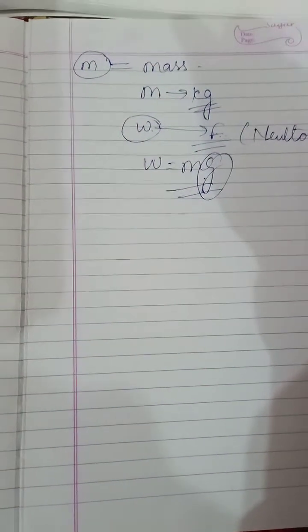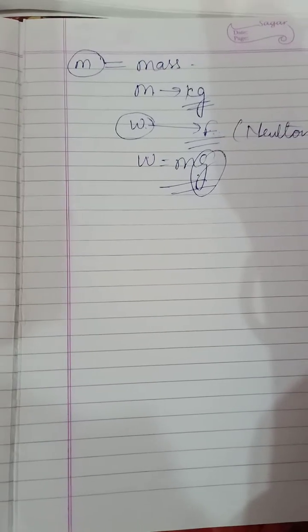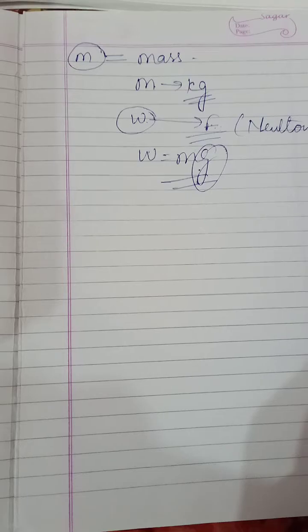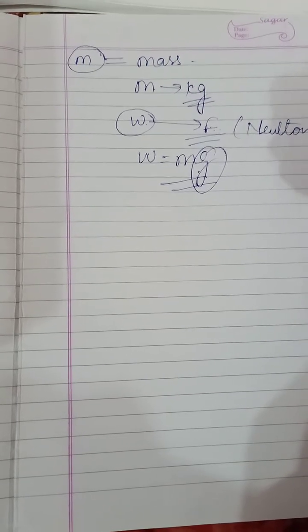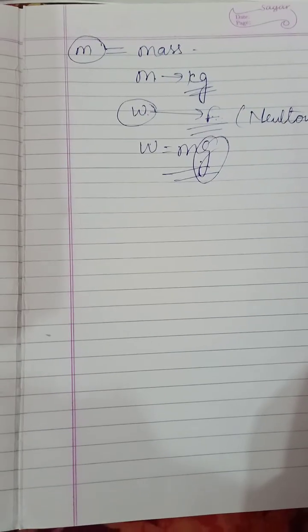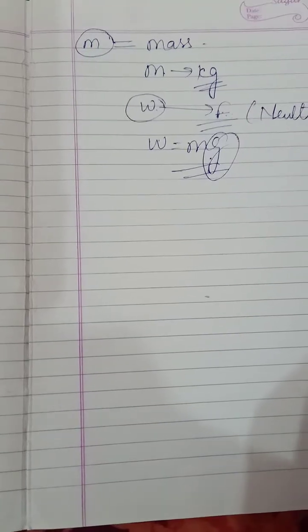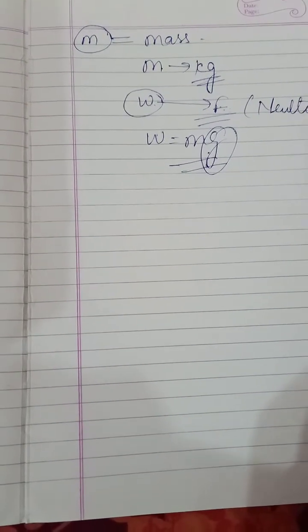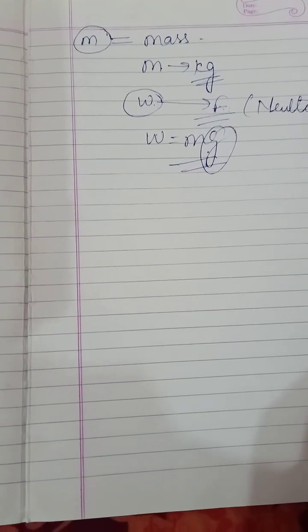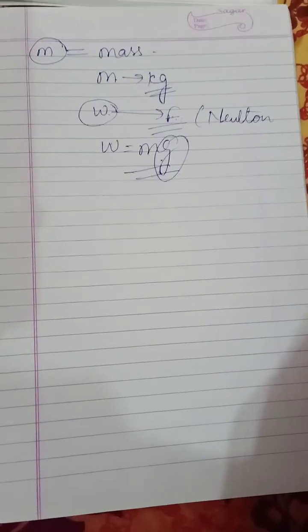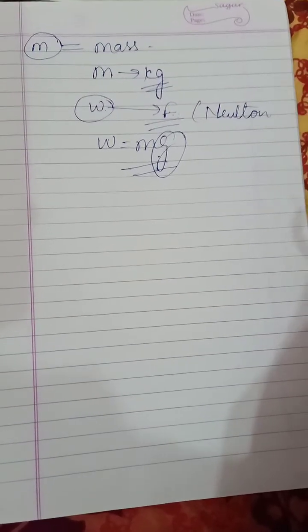Okay. Now the comparison between mass and weight. The first difference is mass is a scalar quantity and it remains constant all over the universe. But weight is the force of attraction by which the Earth attracts the object toward itself. It is a vector quantity. It requires direction. The unit of mass is kilogram and weight is Newton. Mass is measured by the beam balance and weight is measured by the spring balance. So these are the differences between mass and weight.